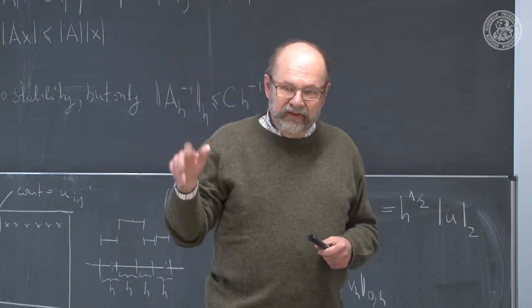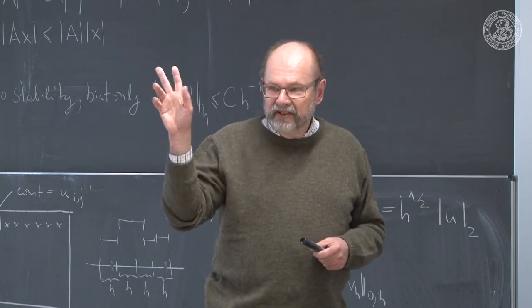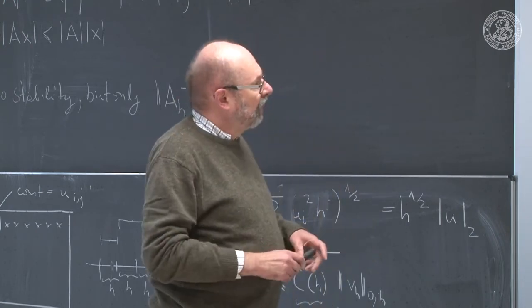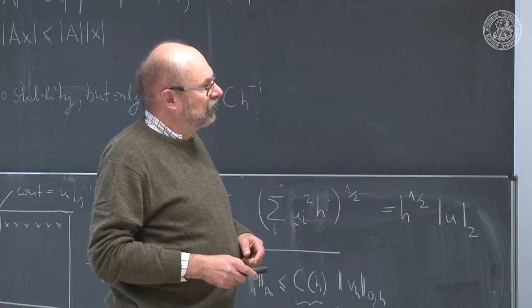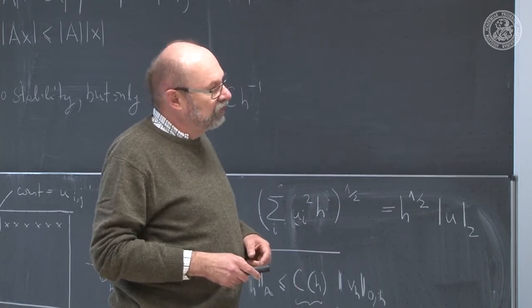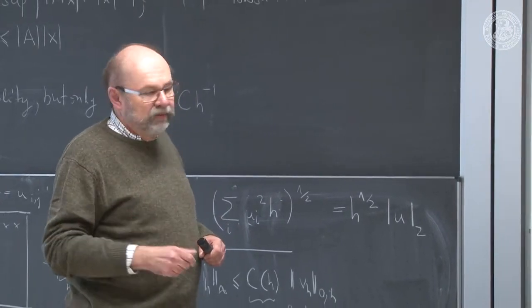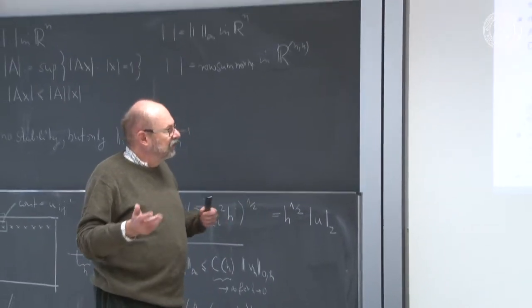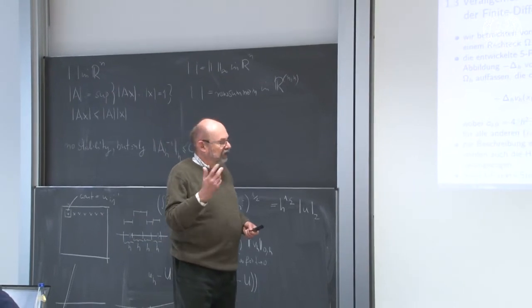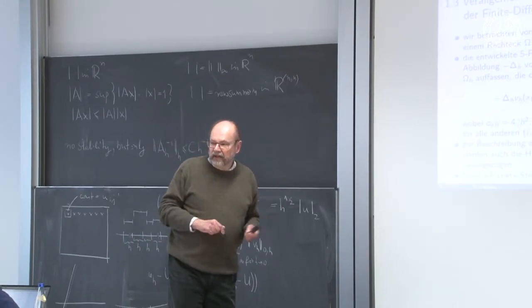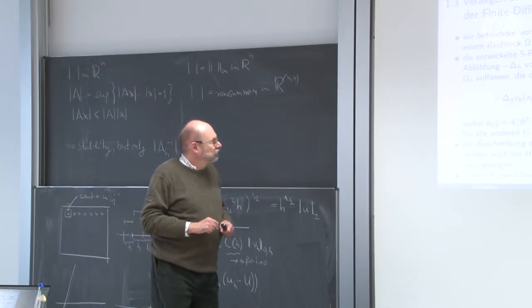So we have north, south, east, west, but also the mixed directions. And we are free to choose these factors. So our old case was only 5 of them, the others were 0, and it was 4 over h squared in the center